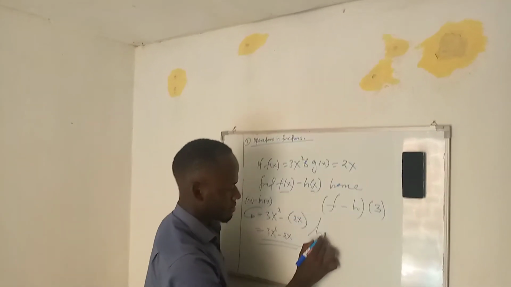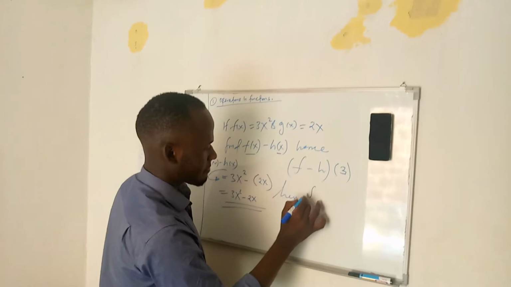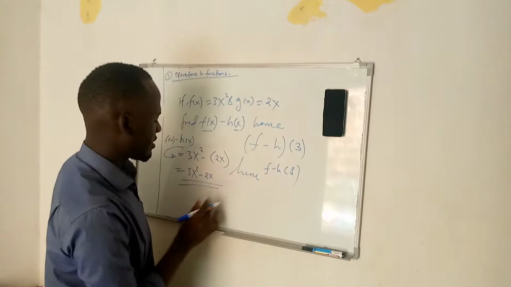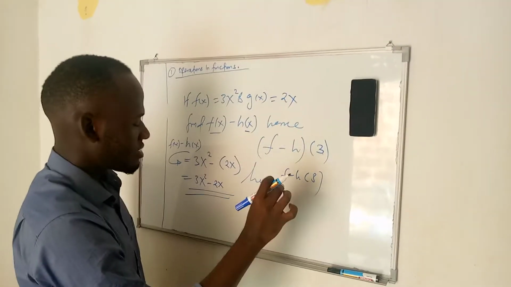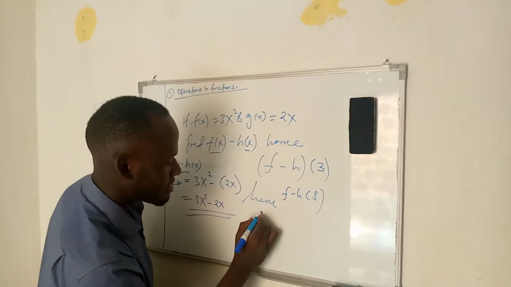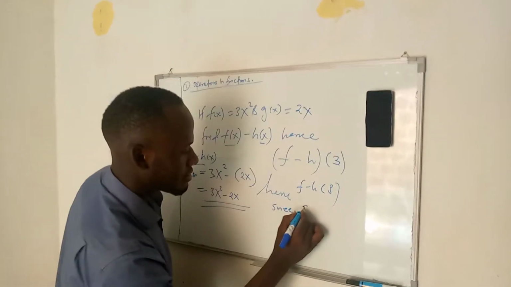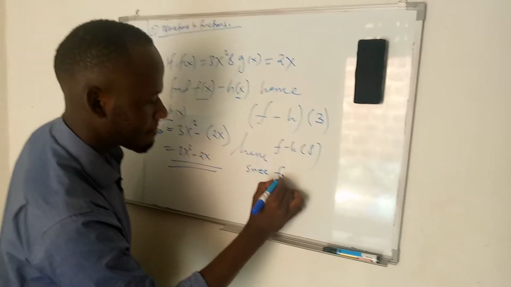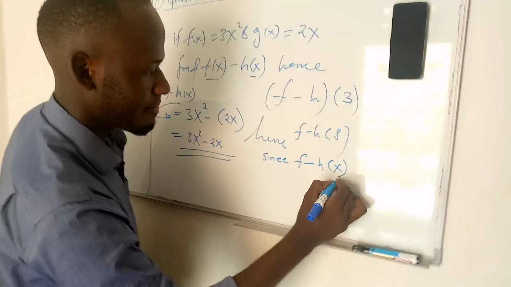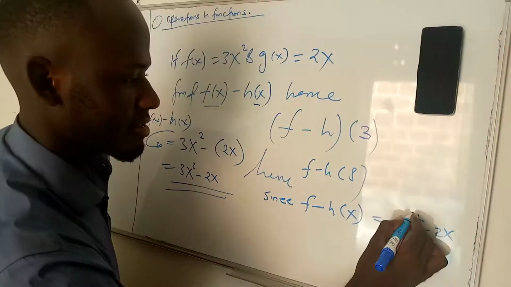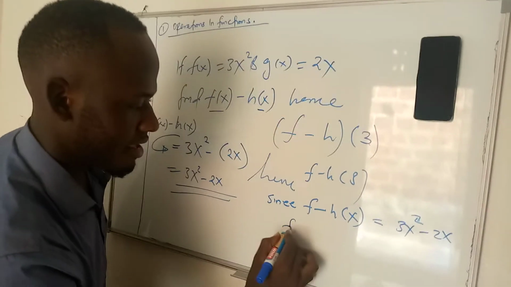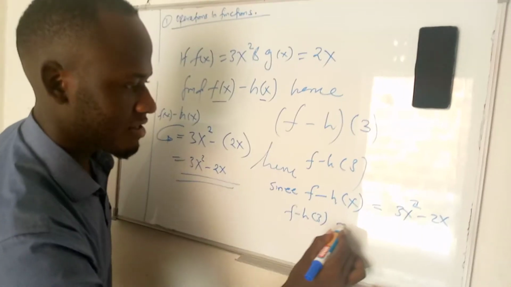Then, our (f minus h) of 3, what does it give? This one is the same as this, but we shall have to substitute in the value of x. So since (f minus h) of x is equal to 3x squared minus 2x,